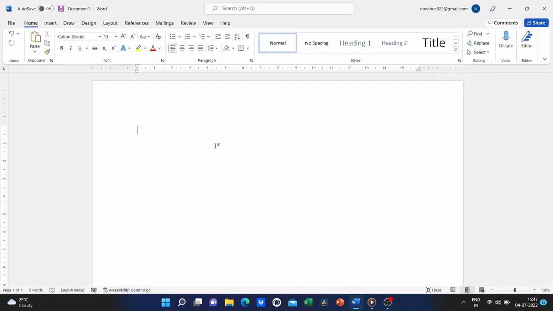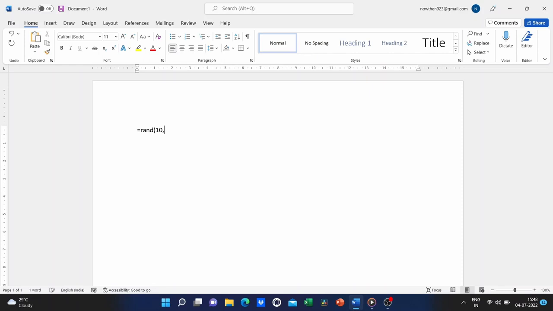Anytime you just need some generic text that you can use to demonstrate how to use some feature or option in Microsoft Word, all you have to do is click on the document and type equals. And then you have a couple of options. You can type in rand, left parentheses, and then put in a number. Whatever number you put here, that's how many paragraphs will be generated. So I want 10 paragraphs.